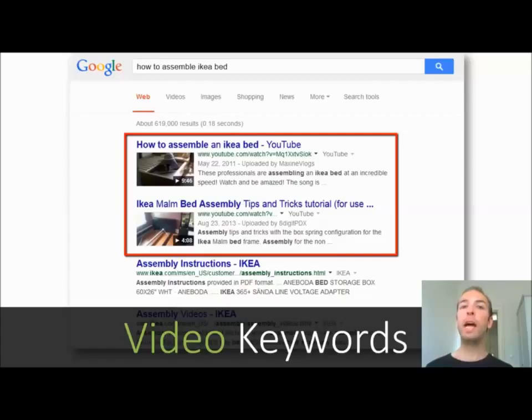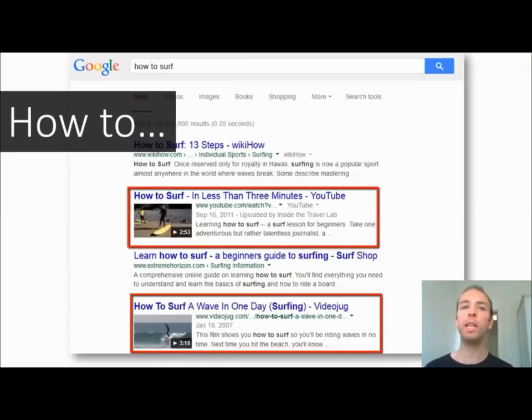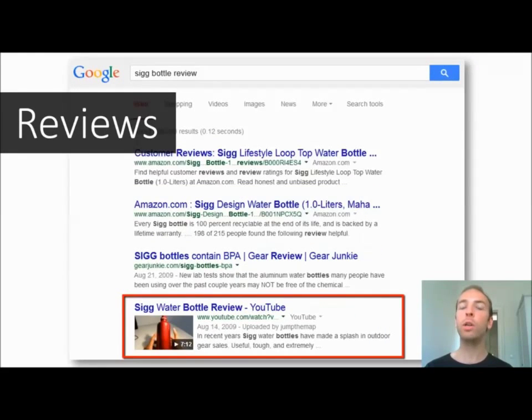Your first step is to find a video keyword for your video. And this is really important because when you optimize your video around a video keyword, which is a keyword that Google says, this makes sense for us to show video results in Google, not only do you get traffic from within YouTube, but you get extra traffic from Google too. So search volume is important, but you want to make sure that you're also optimizing around video keywords. And video keywords tend to be things like how-to keywords, like how to surf, how to make French toast, reviews